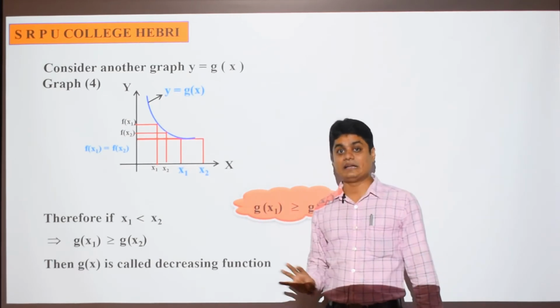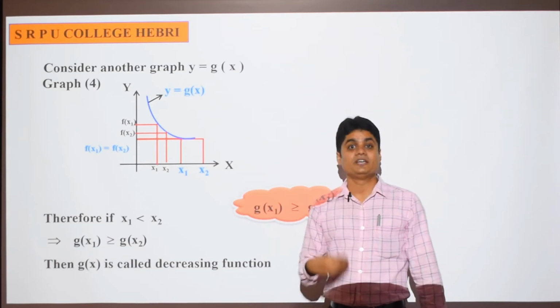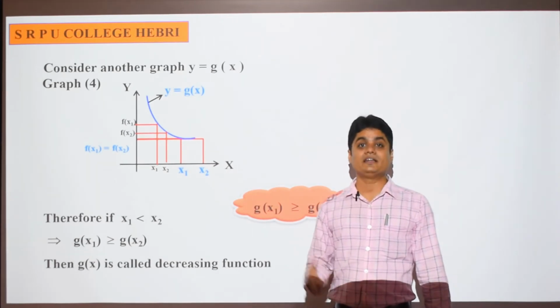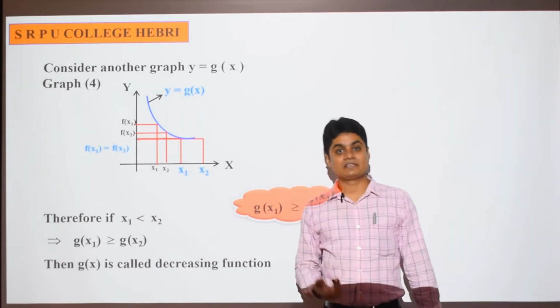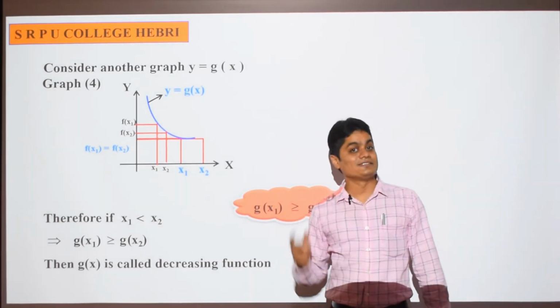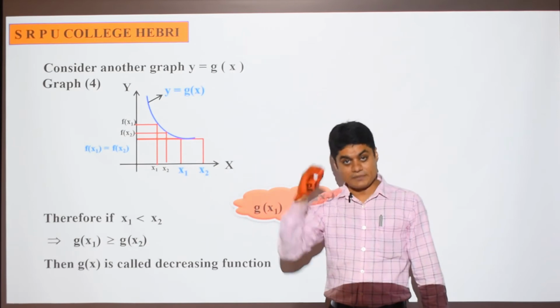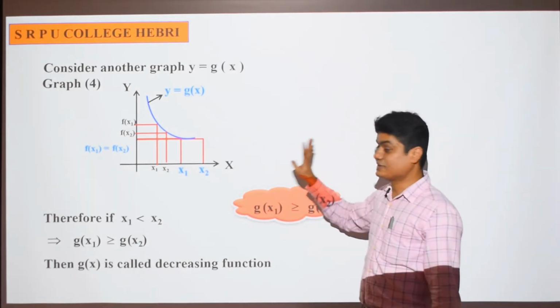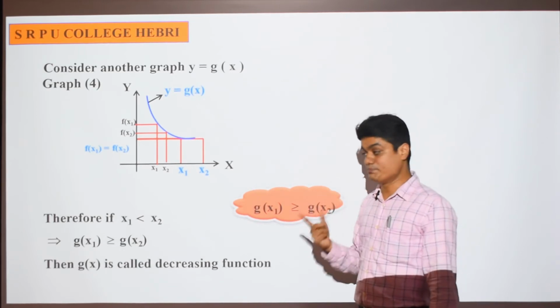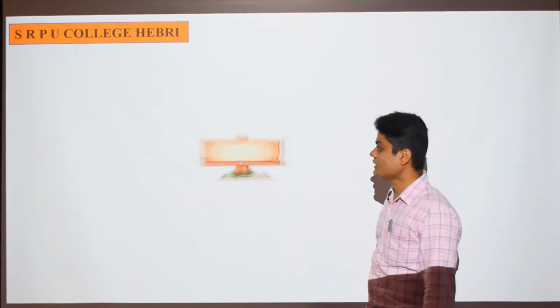No example will come from this, but without this definition you cannot connect or understand how the derivative will help you to identify whether the function is increasing or strictly increasing, decreasing or strictly decreasing. This definition is compulsory to understand the concept. So remember, I have defined 4 terms. Okay, important, remember it. Now I'm going to show you